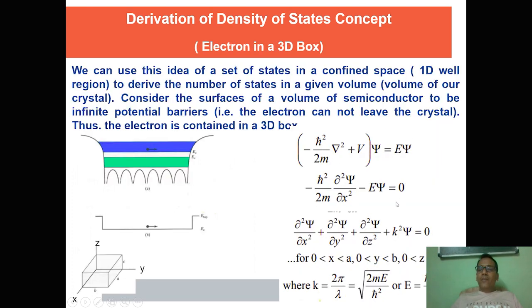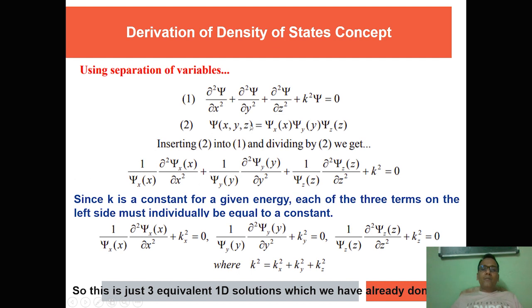So this is the Schrodinger equation. This is the one-dimensional case; when we put in the y and z coordinates again, we will have the three-dimensional Schrodinger equation where x is confined between 0 and a, y is confined between 0 and b, and z is confined between 0 and c. Here k is equal to pi by lambda. Obviously the same formula we used in the one-dimensional case. So the solution of this